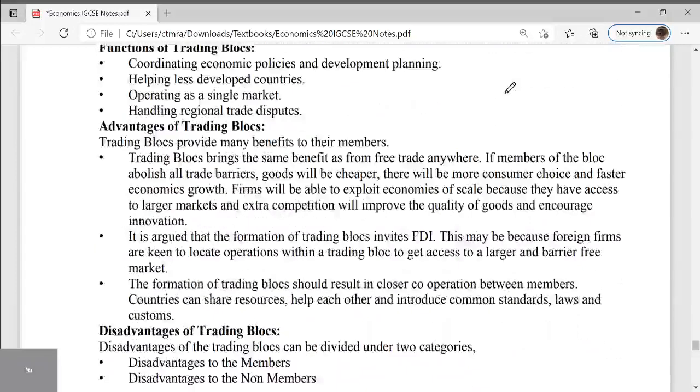Okay, so they're solving many kinds of trade disputes, because if you can solve trade disputes, then you can increase the trade between yourselves. Next, we have